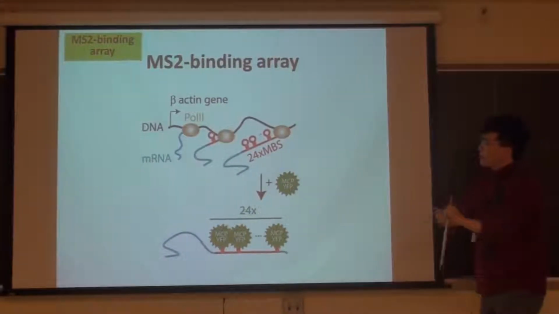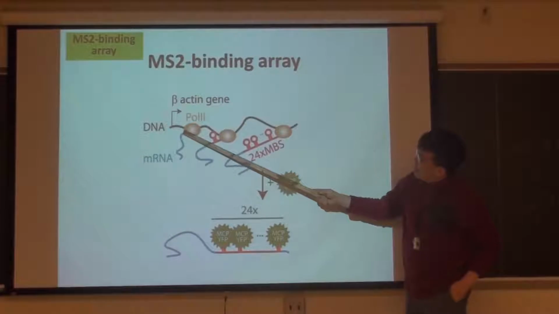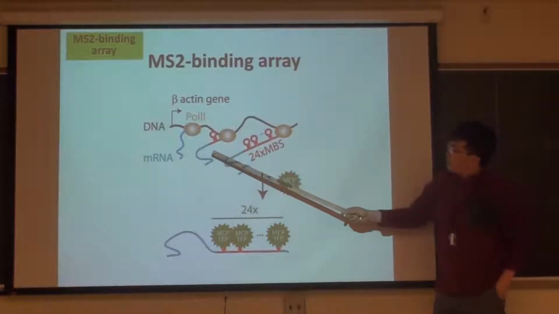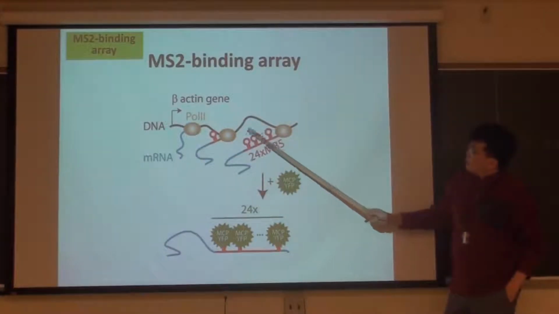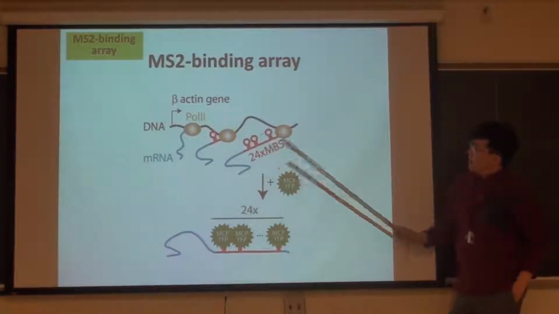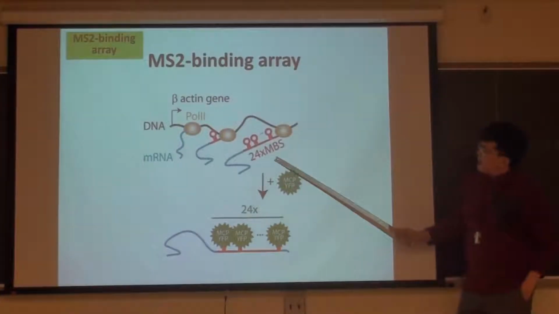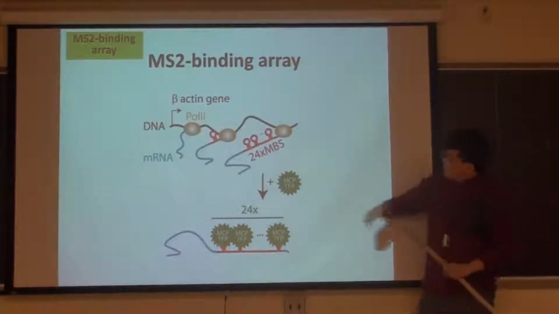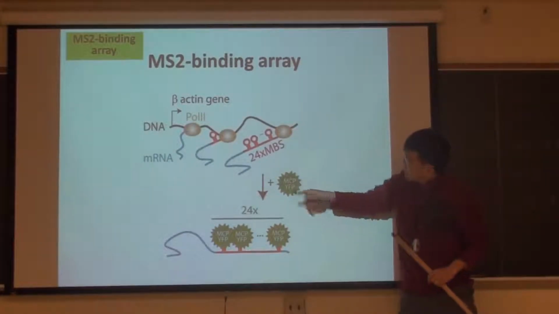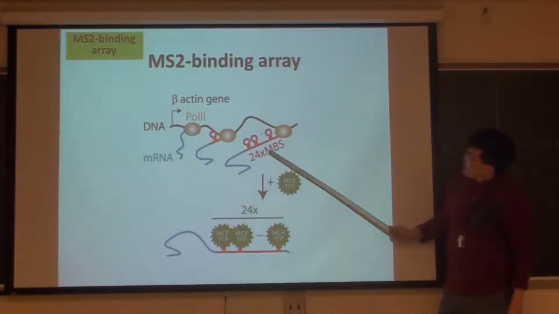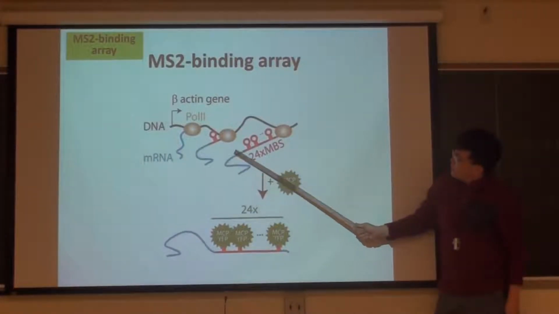So the idea is that the blue is the RNA that you want to image, but then you do some genetic engineering to fuse that gene to this red sequence. The red sequence has this hairpin, and that hairpin is called MBS. It's actually MS2 binding sequence. So MS2 is a protein actually. That's that MS2 protein. And if you put 24 copies of MS2 binding sequence fused to the gene of